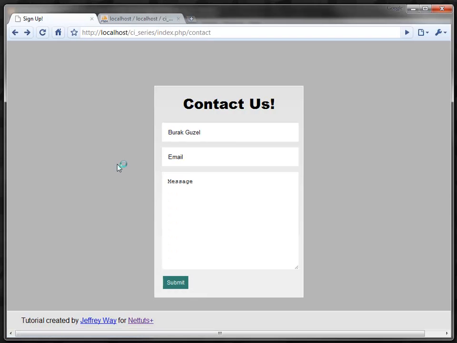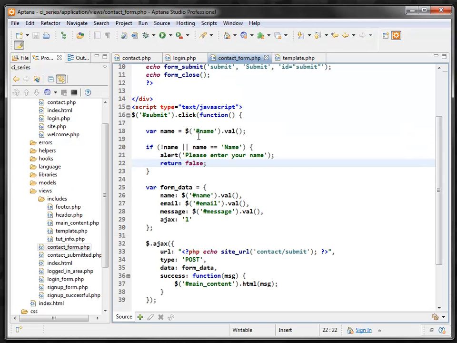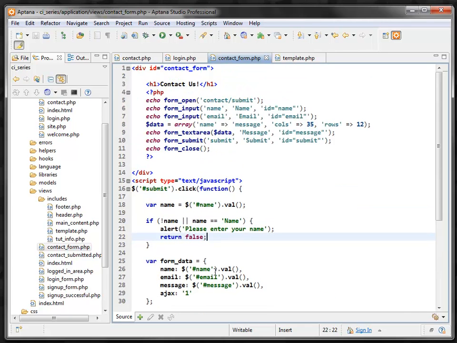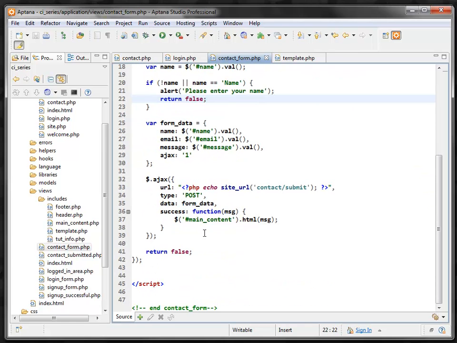So yeah, the opportunities here are limitless. You can do all kinds of form validation. You can set custom messages in your returns and update the page accordingly. As I mentioned earlier, Codeigniter doesn't have a core library for Ajax, so this is mostly up to your creativity here. You just have to be a little familiar with jQuery and Ajax,